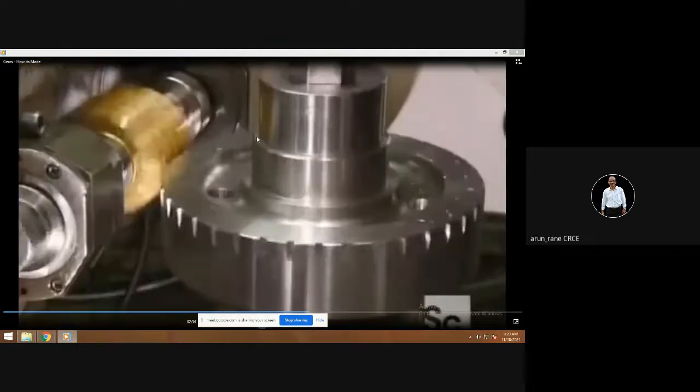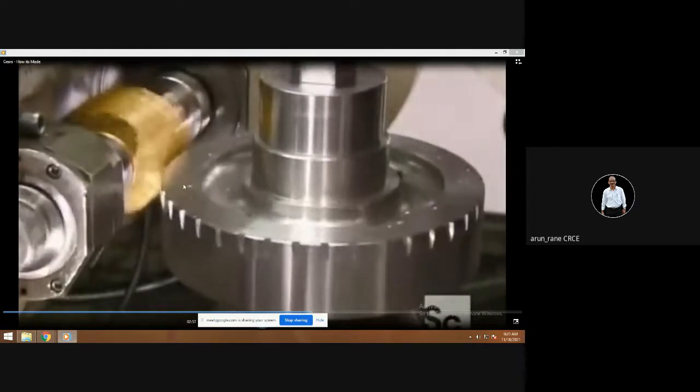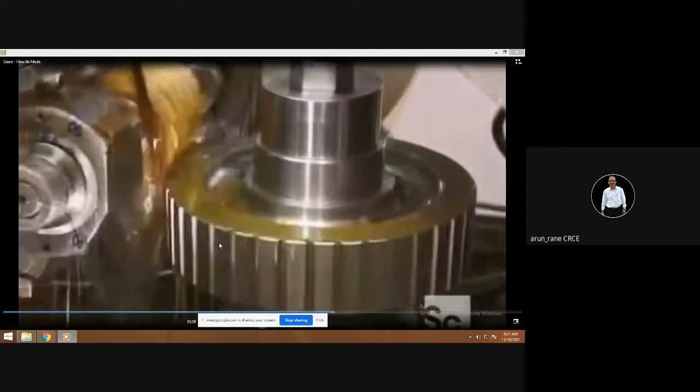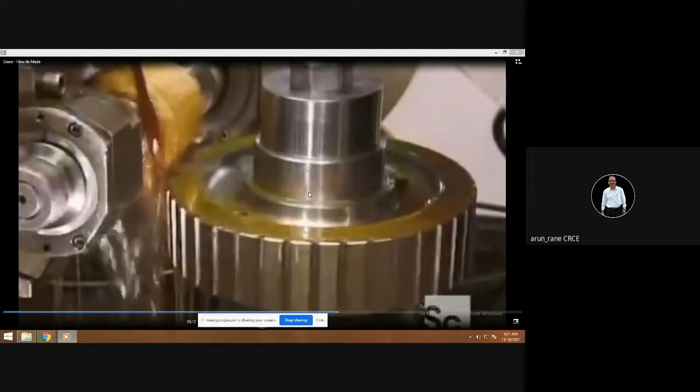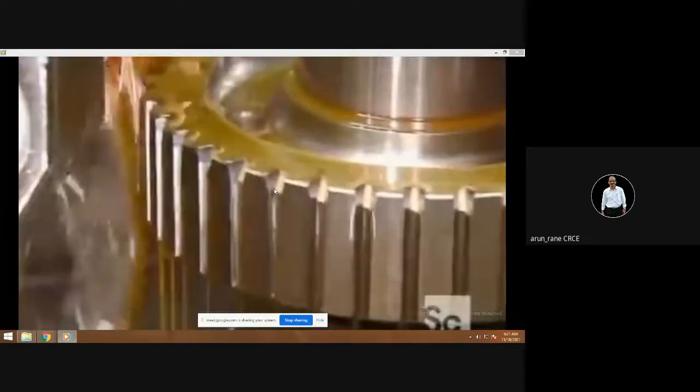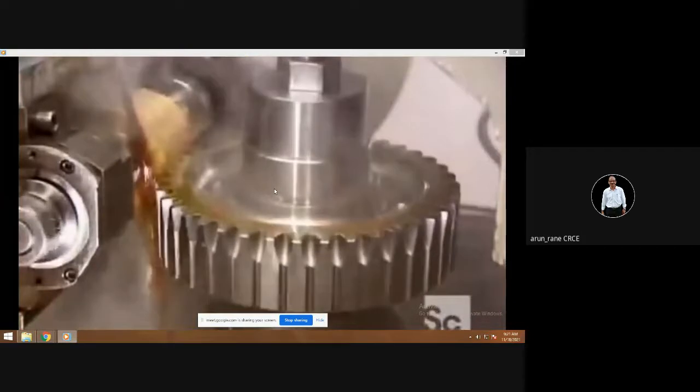Now this is your gear hobbing machine. So if you want to cut a gear which is close or which is adjacent to this blank, that is not possible in gear hobbing because the hobbing cutter will cut the adjacent gear blank. So that's why gear shaping is always used for manufacturing cluster gears. Cluster gear means 3 to 4 gears which are mounted side by side, or it can be manufactured in solid blank also.